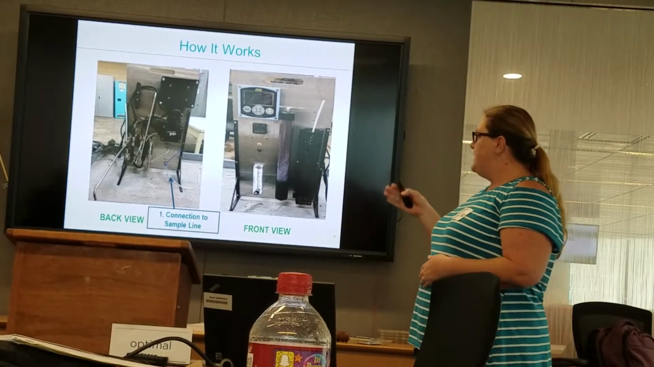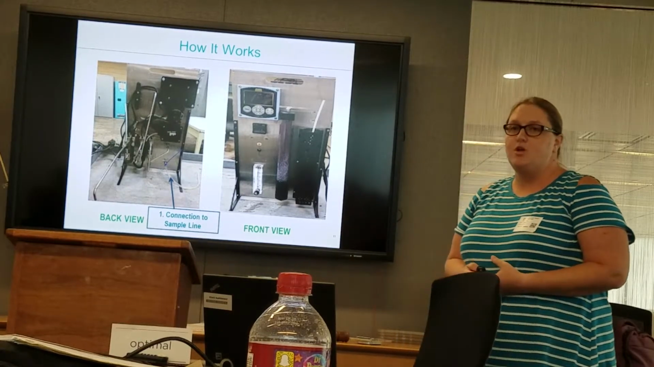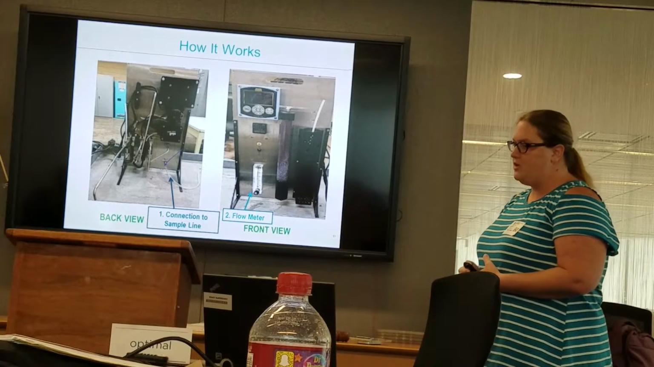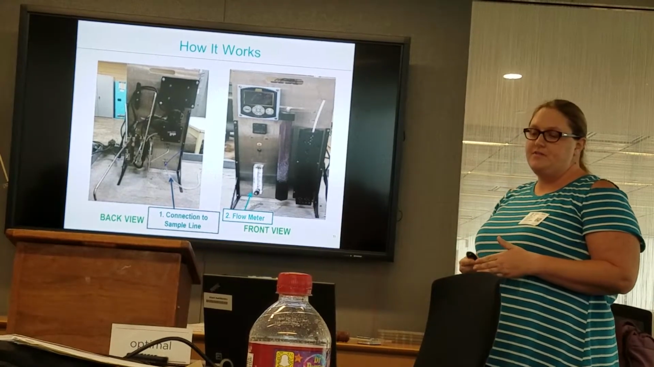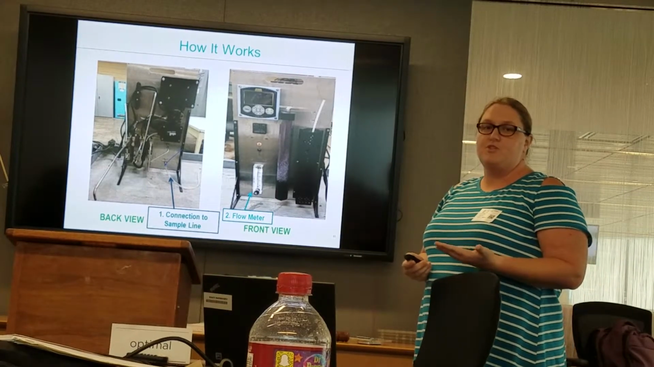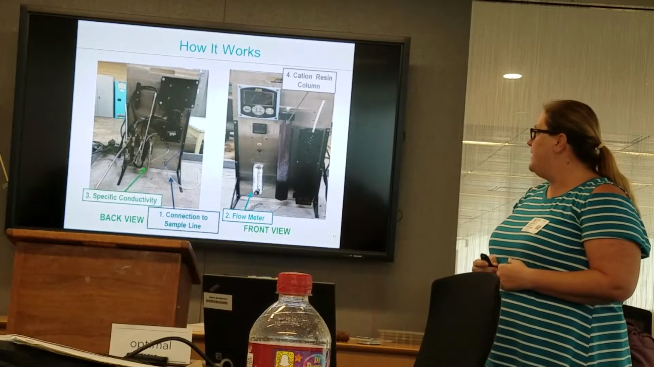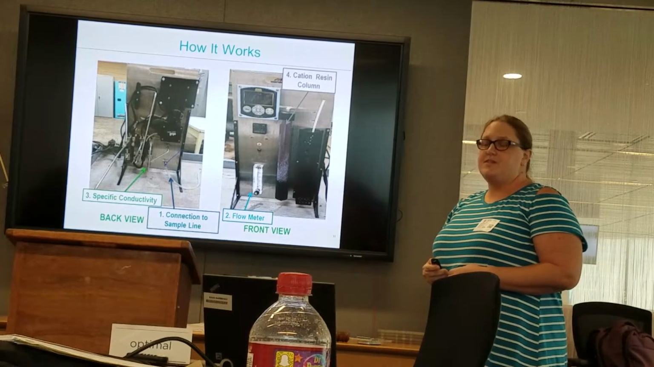We basically have a sample line that feeds into the connection port of this analyzer. The sample flow is regulated with a flow meter, and it sends the sample through the first conductivity sensor, which measures the specific conductivity. From there, it goes into our cation resin column and is sent through the second conductivity sensor, which measures